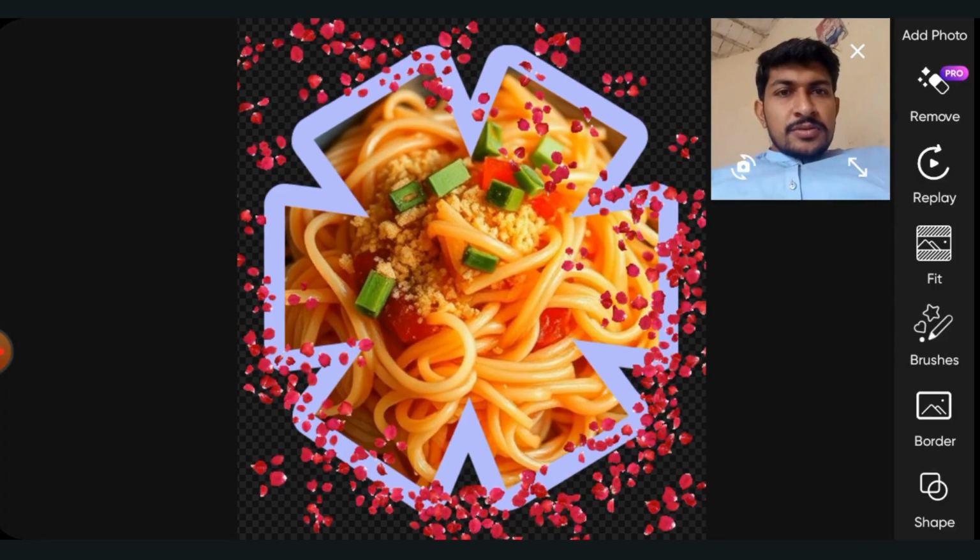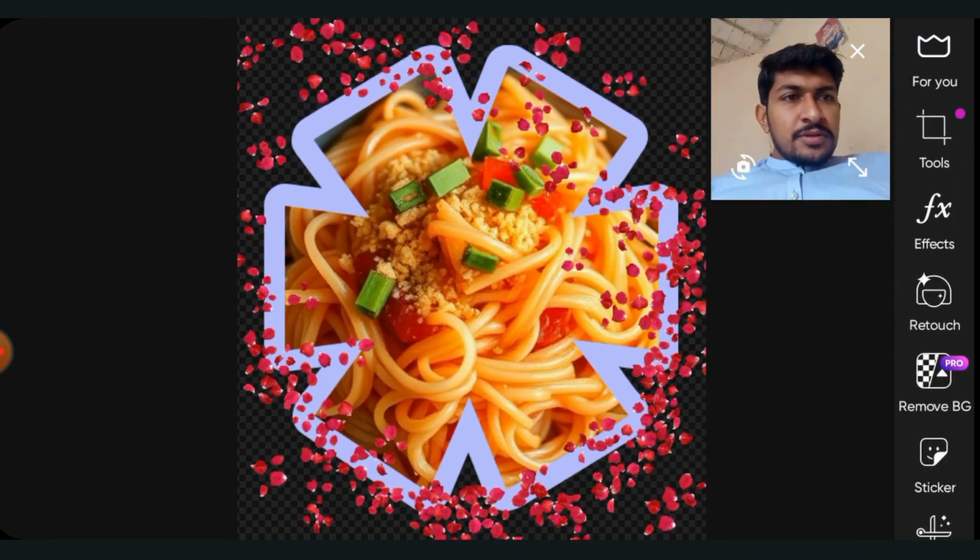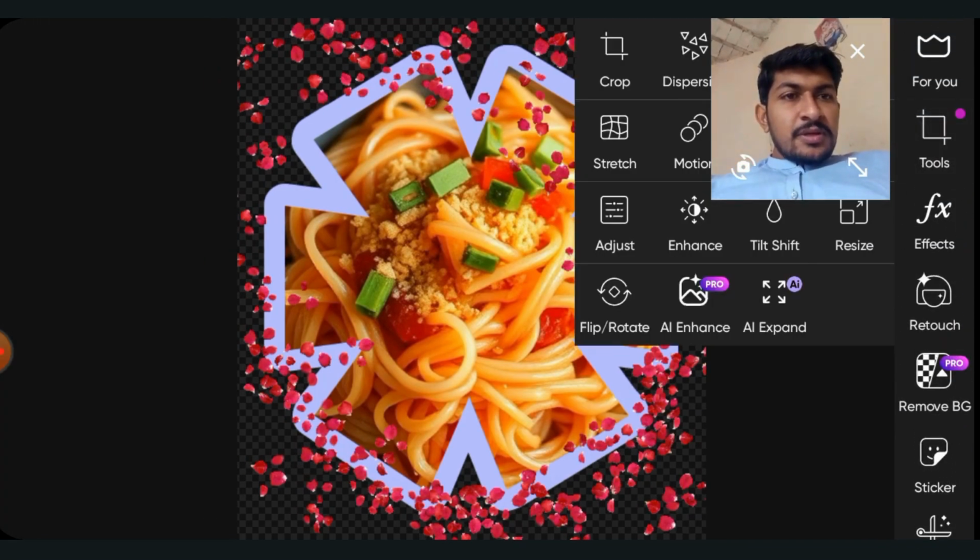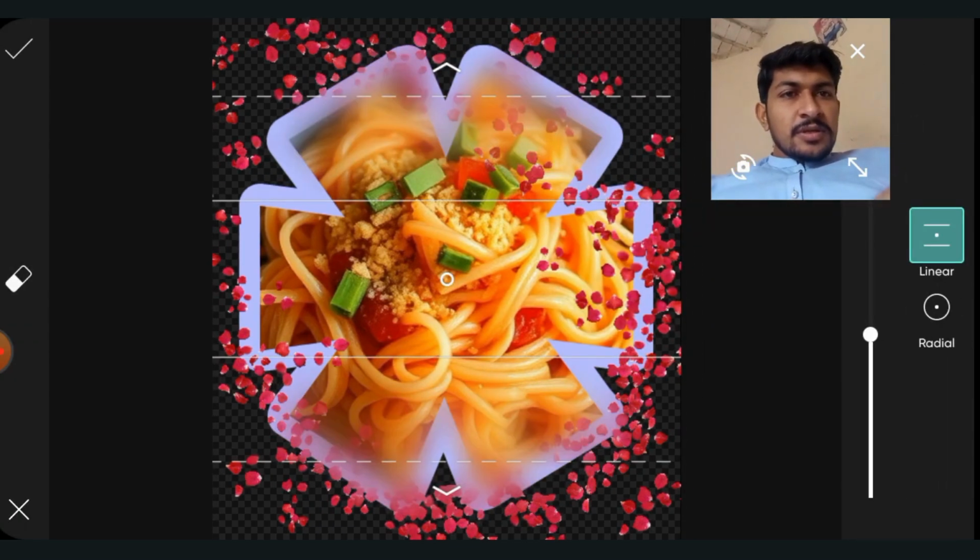So that's okay. Now we are going for the tools like tilt shift, increase the